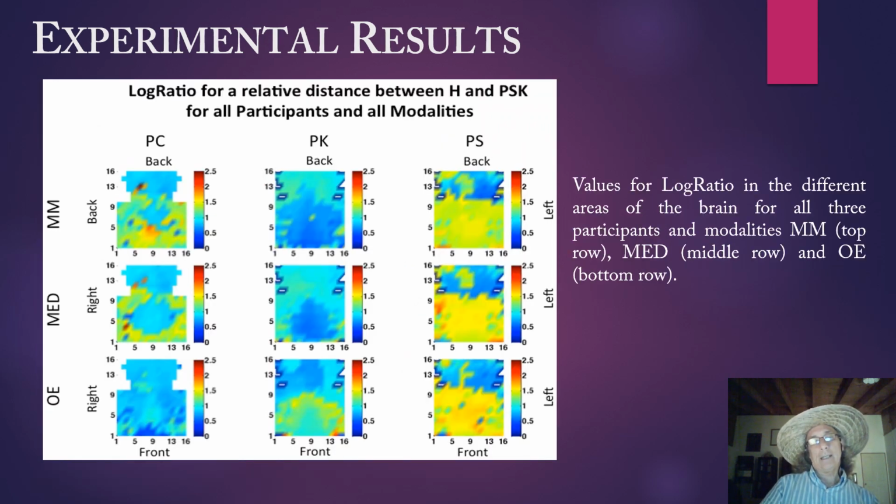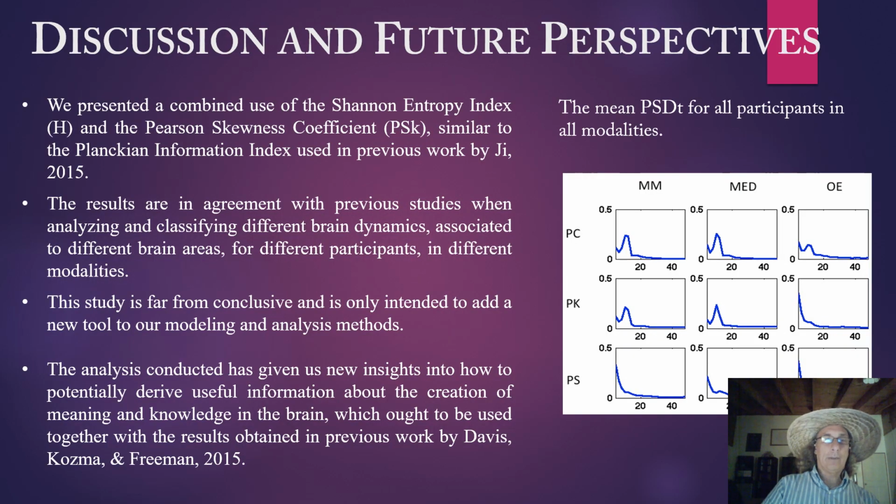Okay, finally, these are the log ratios, which, as I said before, are good classifiers of the different participants' brain states for the different modalities. You can see that very clearly here. In the future, we intend to explore the relationship between these two measurement information indexes more deeply. For now, this is beyond the scope of this paper and presentation. So now I will say that